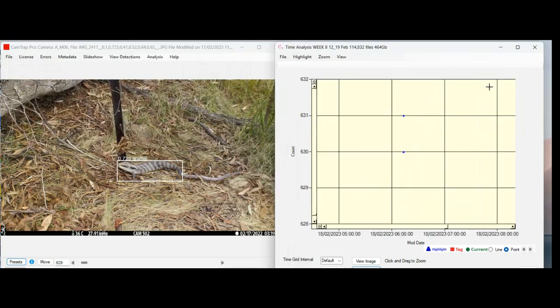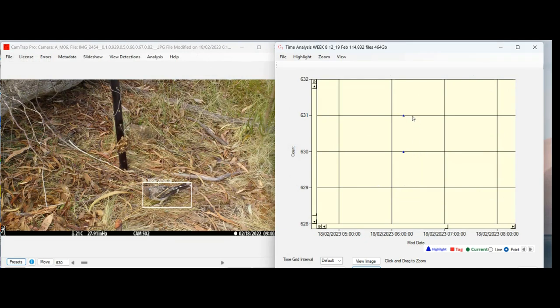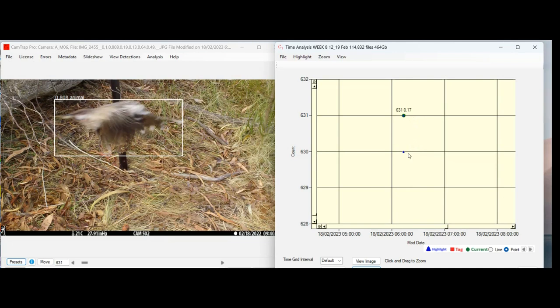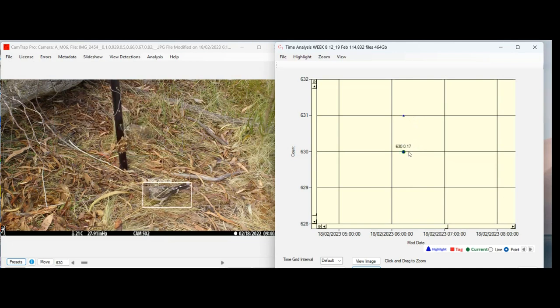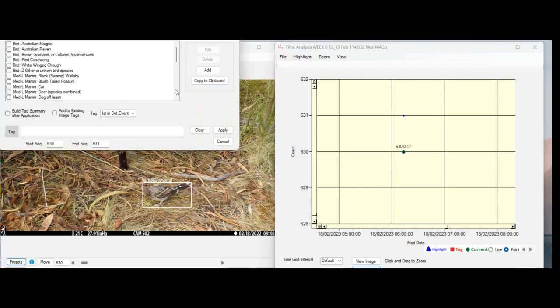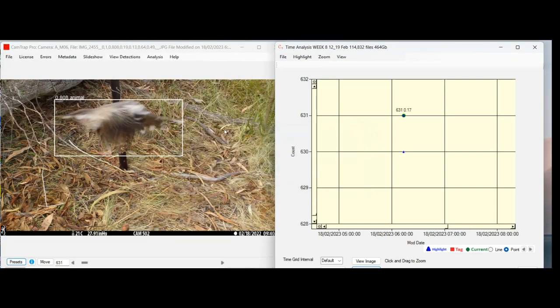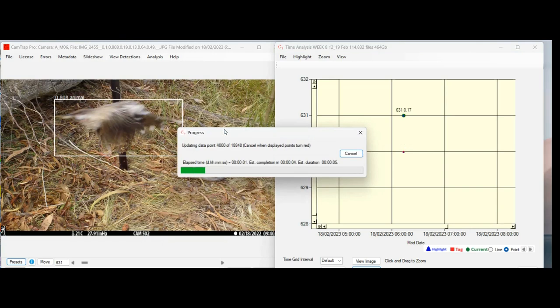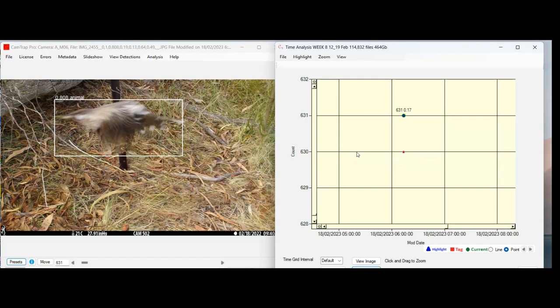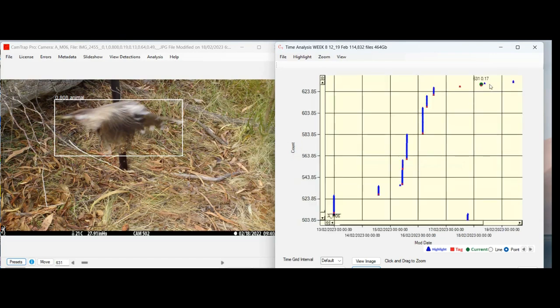These two here, a bird, bird again, bird flying off, tag that, and I don't know what sort of bird that is, so we'll call that unknown, and just apply it to the first. Control R to show the tag, back out, Control U,